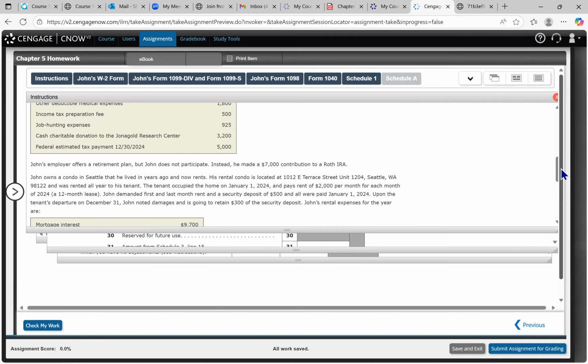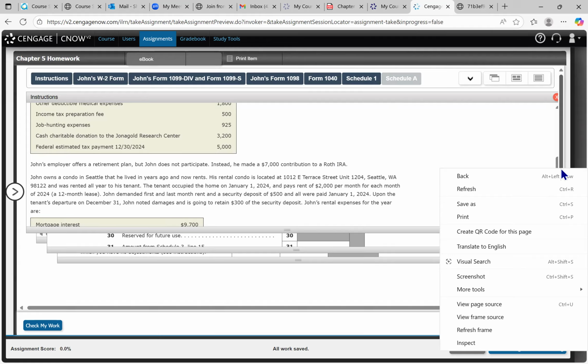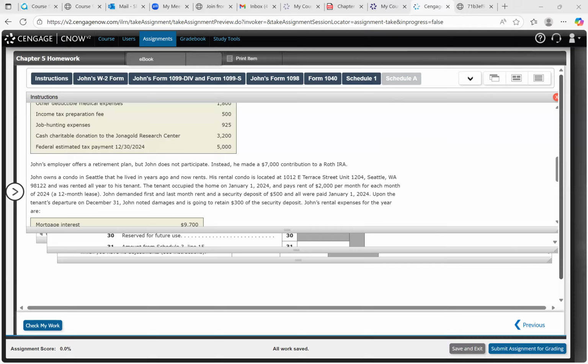In terms of the Schedule E, John owns a condo in Seattle where he lived years ago and he rents now. His rental condo is located at 1012 East Terrace Street, Unit 1204 in Seattle, and it was rented all year to the tenant. He paid $2,000 a month for a 12-month lease. So we will want to show on the Schedule E